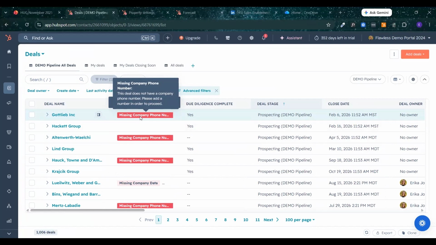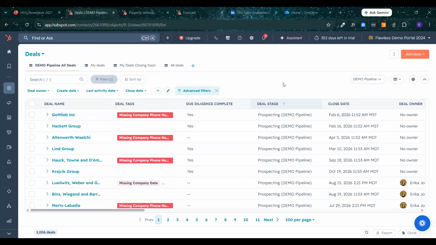Now, the tags can't necessarily be used for required fields because that's not something you can access, but it is a flag, so it's not a way to actually stop people. This doesn't actually stop them from moving the deal stage, but it will stay there as a big red flag.